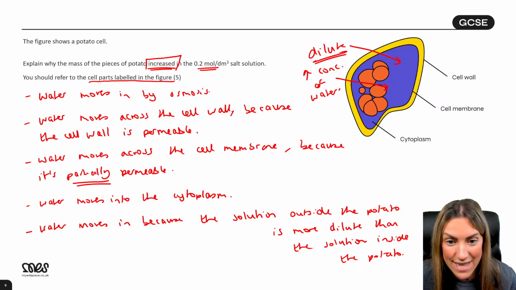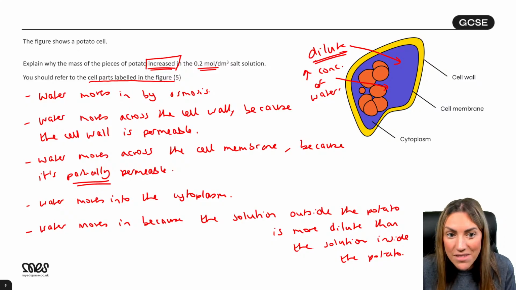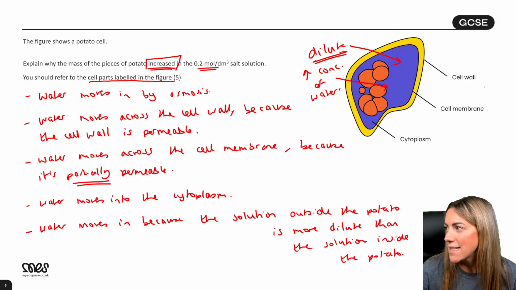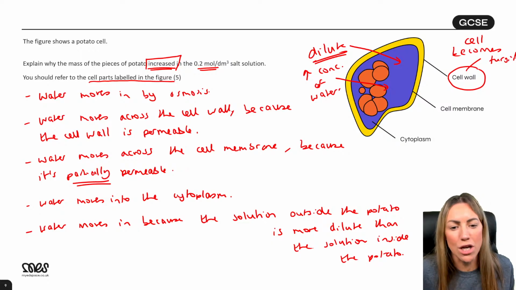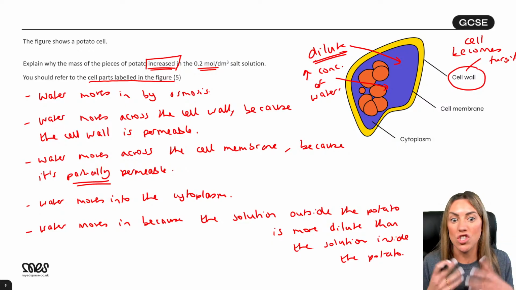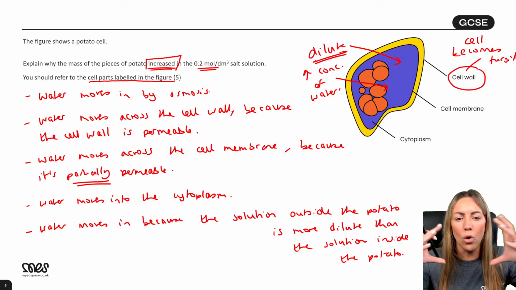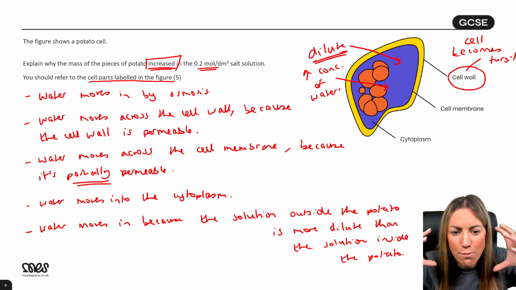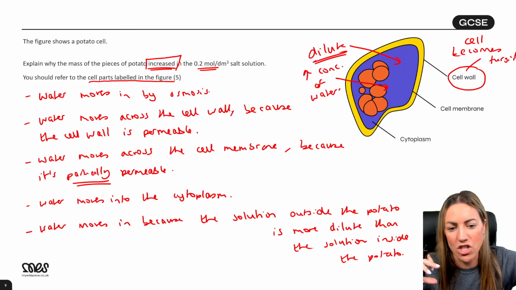Could you say it becomes turgid? I mean, it would, yes. It wasn't actually worth a mark, but it would because it's a plant cell. I know it's a plant cell because it has a cell wall. So the cell becomes turgid. It won't burst, will it? Because the cell wall stops it from bursting. And I suppose there might be a follow-up question on that. The cell wall can withstand the pressure. We actually call it turgor pressure, which I saw someone say in the chat before.